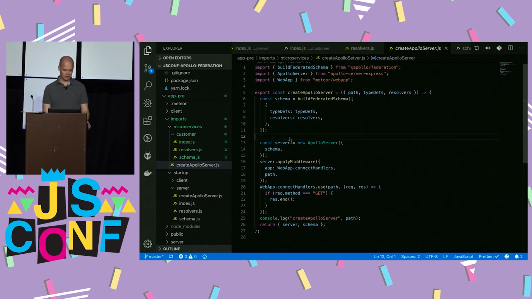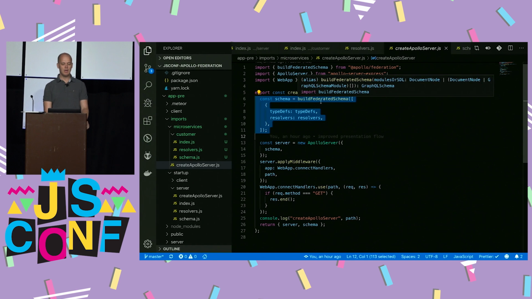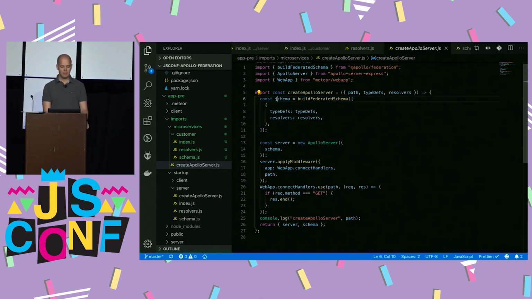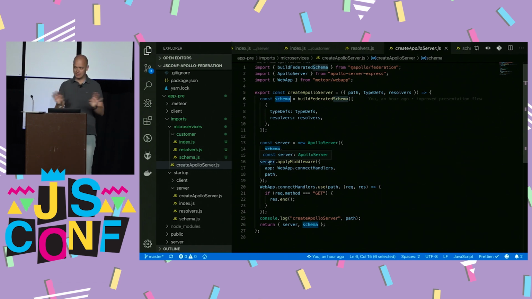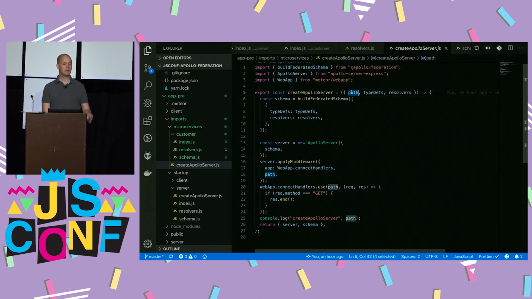So that's it. As you already saw here, this is a function I wrote before, which is just the same Apollo server creation that we saw before, with 2 exceptions. We build the schema first as a build federated schema and use that schema then to start the Apollo server. That's the only thing that's changed here. Not true. There's one more thing. I pass in a path because we need to expose this new schema somewhere in this example. You would kind of need that anyway, but if you really have different code bases,